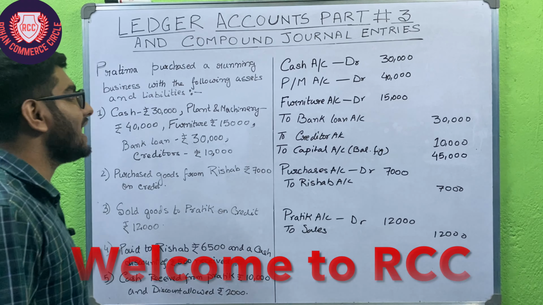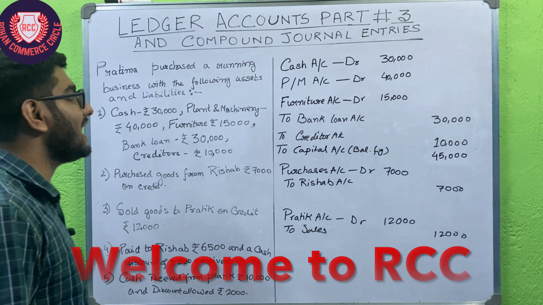Okay, and who is basically Pratik? Pratik is our debtor, so debtor is decreasing, asset is decreasing, so we are crediting him, to Pratik account. Okay, so that's why cash account debit 10,000, discount allowed, how much discount we have given to him? That is 2,000. And what was the total amount he should have to pay? So he should have to pay rupees 12,000, so that's why to Pratik account is 12,000. So cash account debit 10,000, discount allowed account debit 2,000, to Pratik account 12,000. Okay, so I hope this part of journal is clear.